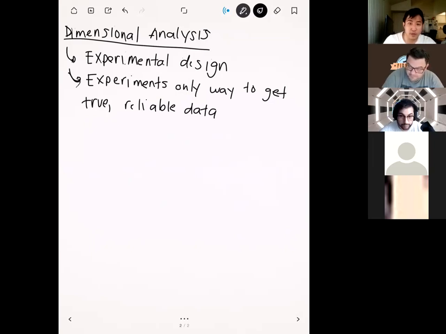Because as you've seen in the past 10 weeks, even though we have Navier-Stokes, control volume analysis, and potential flow, and you work out those problems by hand, those are subject to human errors, right? We might make an error, and that might cause a lot of issues. And simulations are the same way. For simulations, there could be bugs in the code, or problems with the setup. And so the only way to get real reliable data is to just ask Mother Nature herself